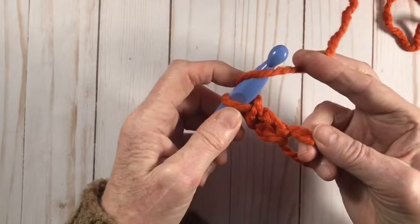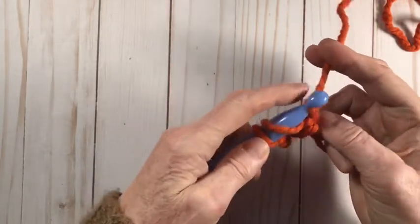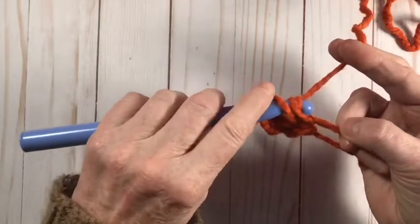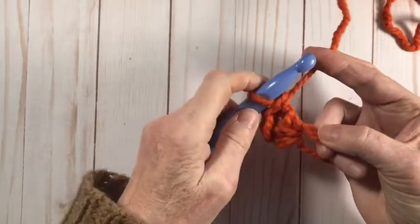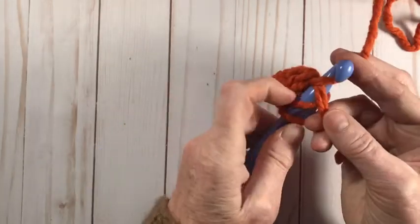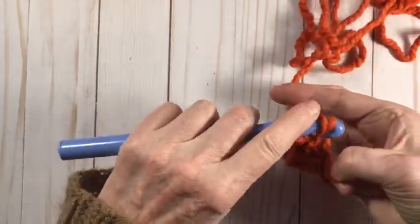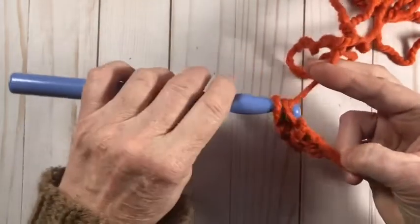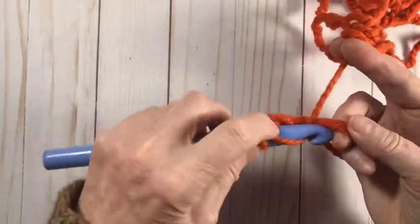Wrap your yarn over. For your second one, we're going to do 2. Pull your yarn over, pull through 2, pull through 2, and that's 2 double crochets done. Yarn over, pull through 2, pull through 2, that's 3 stitches done. Yarn over,